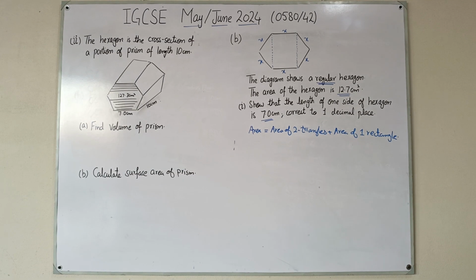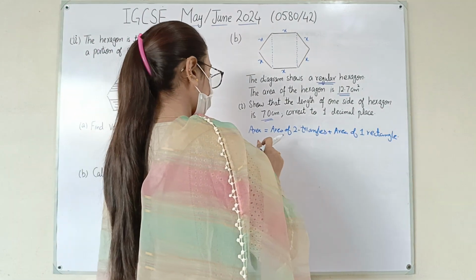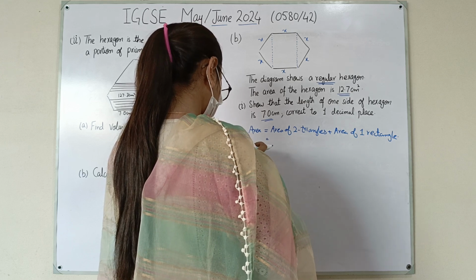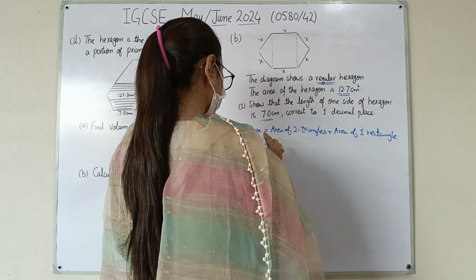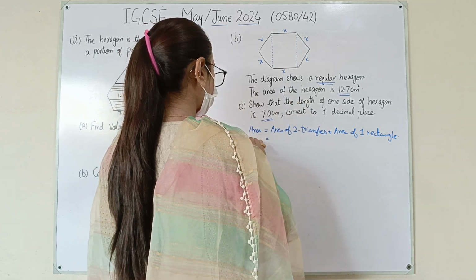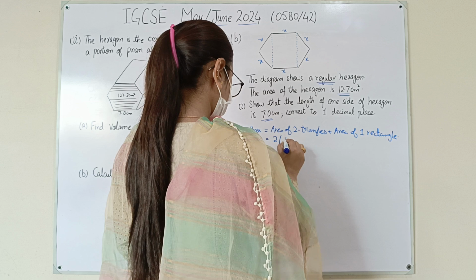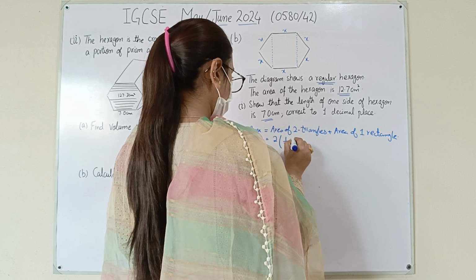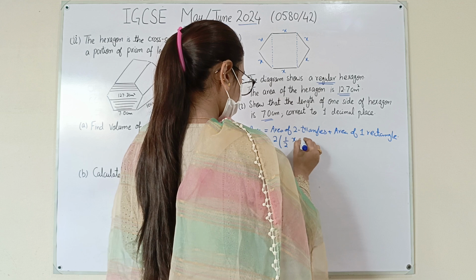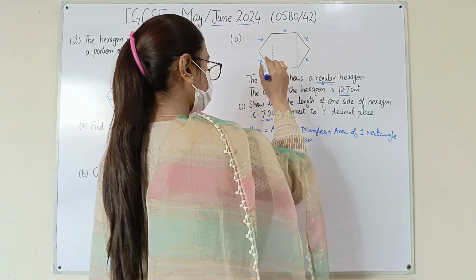So the area of two triangles, if we substitute the formula for the area of a triangle, will be equal to the area of this regular hexagon, which is given by the examiner as 12.7. Area of two triangles will be 2, 1 by 2, base is x into x,